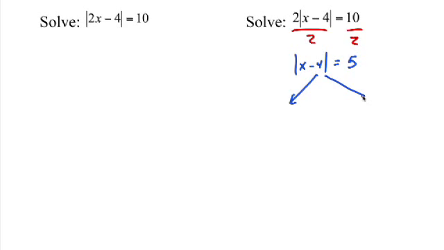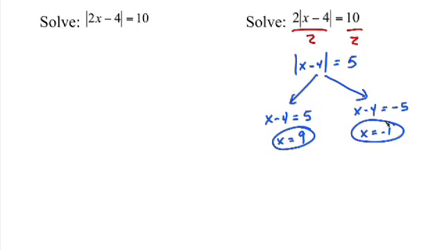Now we're ready to write our two equations. The first one is always the original. The second one is the left side equal to the opposite of the right side. Now, to solve this, I'm not going to write anything because I think everyone watching knows you're going to add 4, and that's going to give you 9. Then over here, when you add 4, you're going to get -1. Those are your two solutions, and you are finished with that one. And again, you could go ahead and check in there, and you'll see that those solutions do work in the original equation. That's it. All right, next.